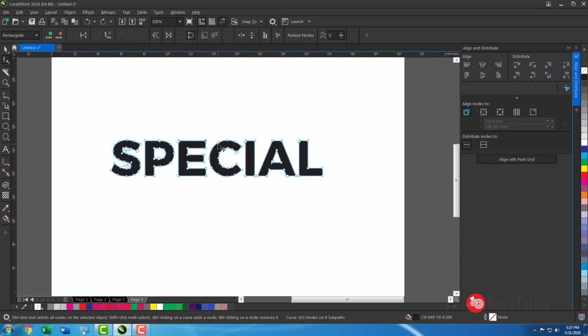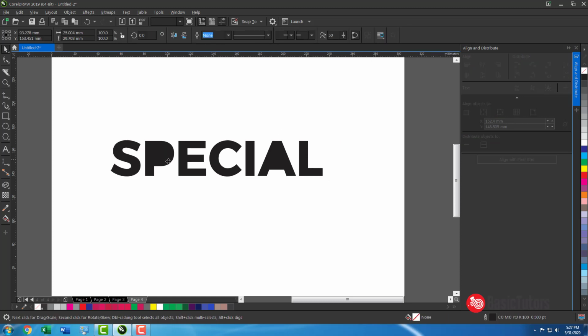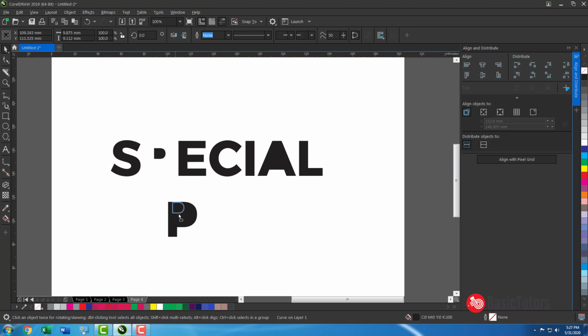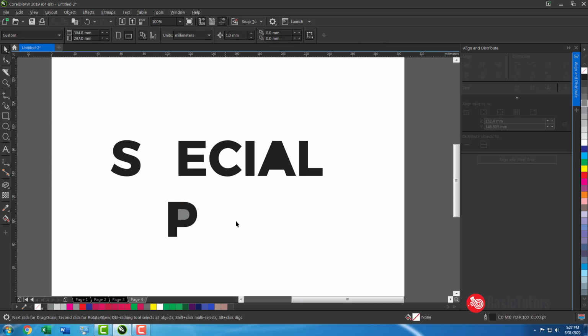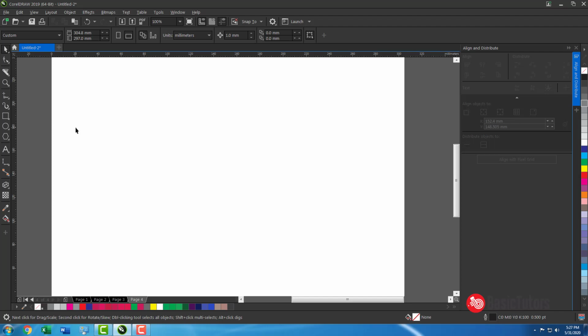All are converted into nodes and lines, segments. If you break apart here, what will happen? Everything will get broken apart. This is about combine and break apart.